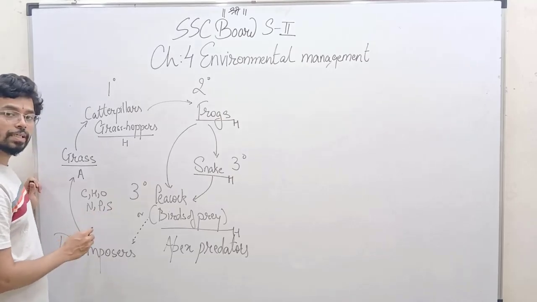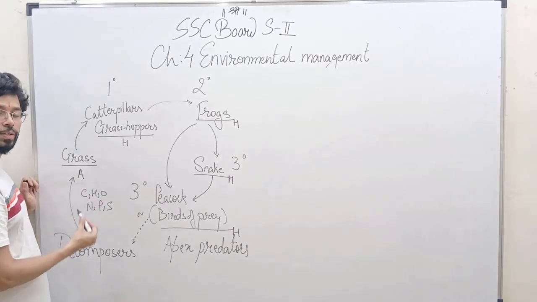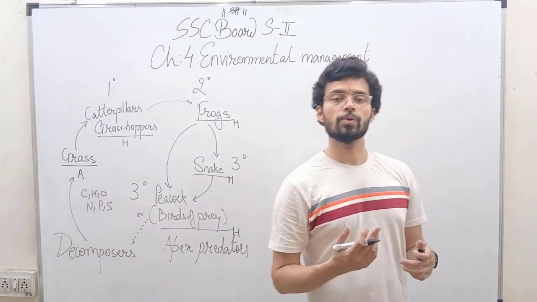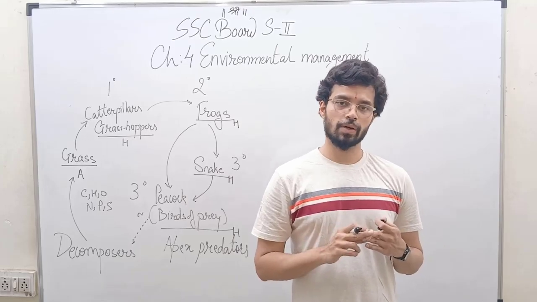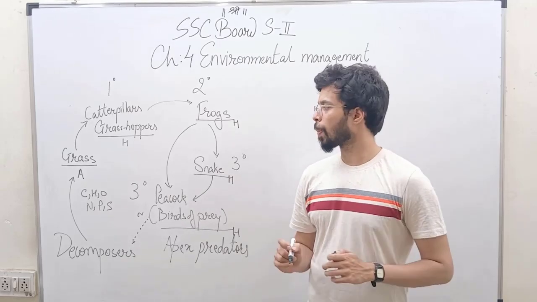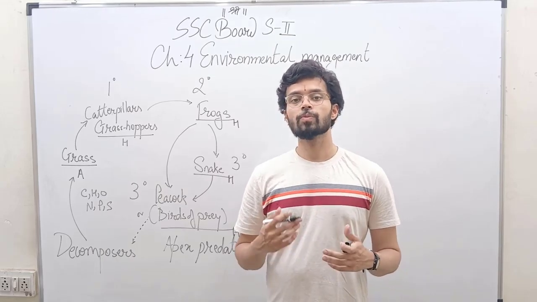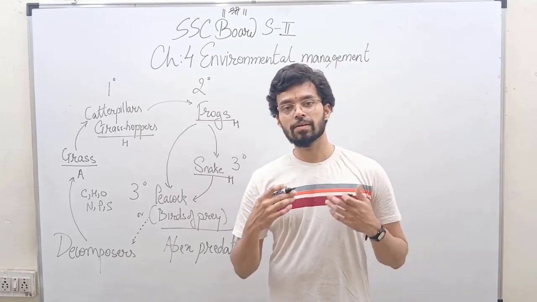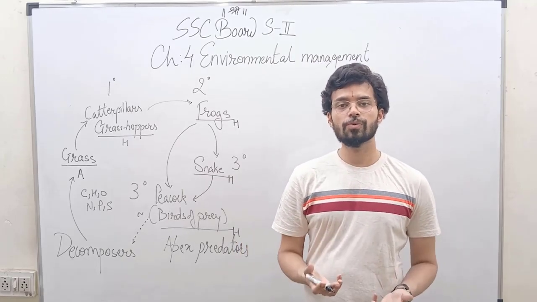So this elemental recycle is very important for the grasses to thrive, or any producer to survive, because they are told to prioritize their nutrition from abiotic factors. How do plants photosynthesize? What do they need? They need sunlight, water vapor, and carbon dioxide. Water vapor or water, you put either of them, is almost the same entity. So they need a lot of abiotic components in order for them to be termed as producers, for them to be autotrophs. See, if they were eating food like us, they would not be autotrophs, they would be heterotrophs. They make their own food, they are self-sufficient.